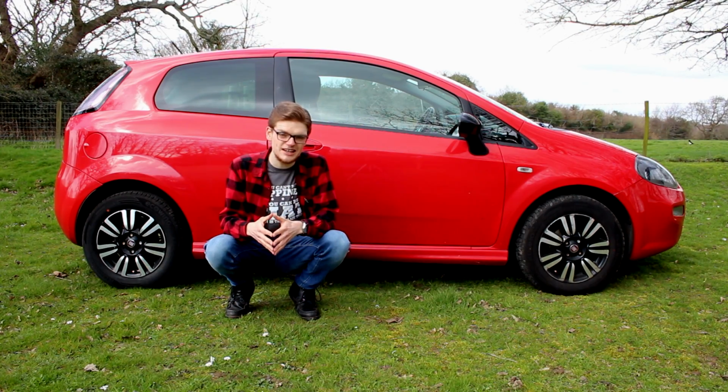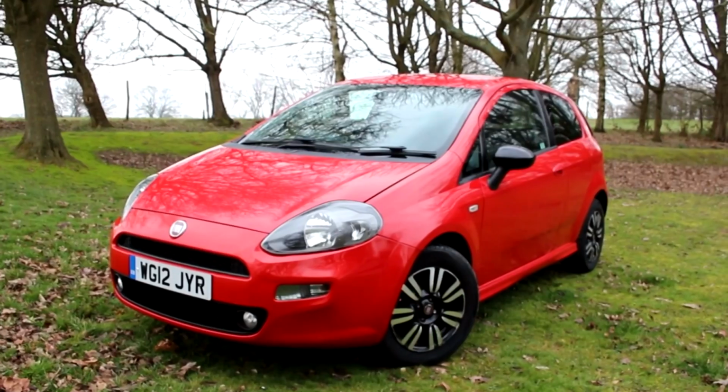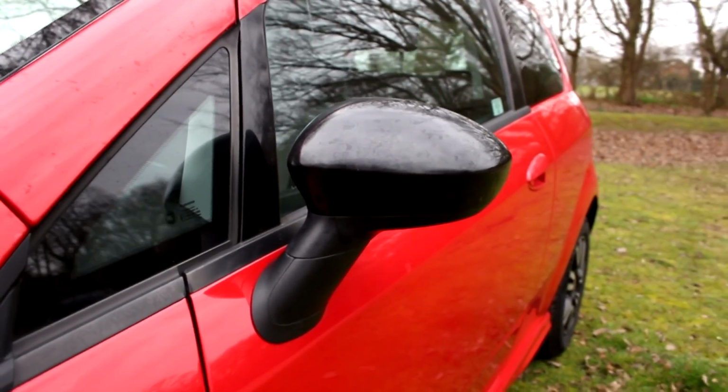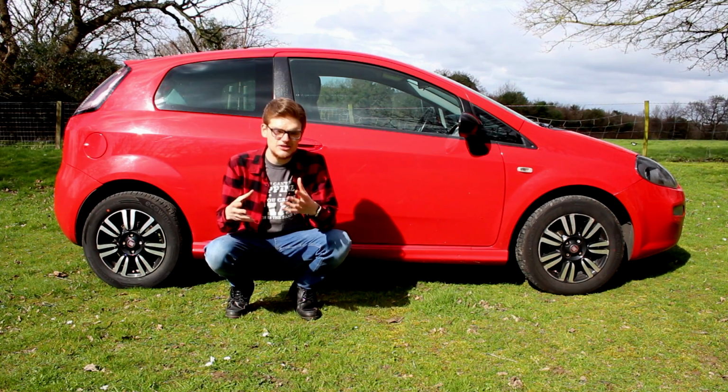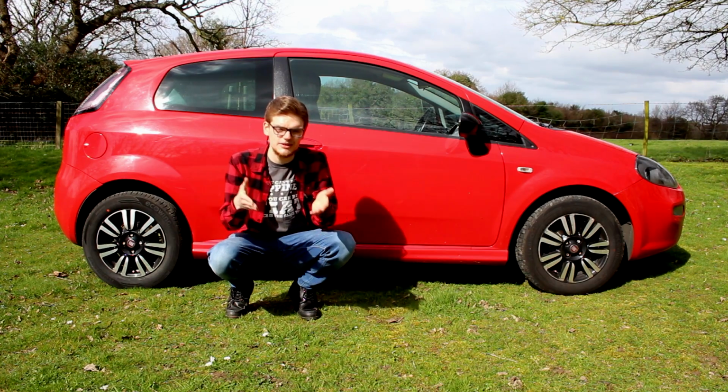It's been a few weeks now since I unveiled this 2012 Fiat Punto TwinAir, both as my new daily driver and an experiment to find out if I live with a relatively modern new car, which I do criticise quite a lot on this channel, could I actually learn to love one? I've been using it for a few weeks day to day now. I've learned a few things about it, some of the things I like, some of the things I don't like,